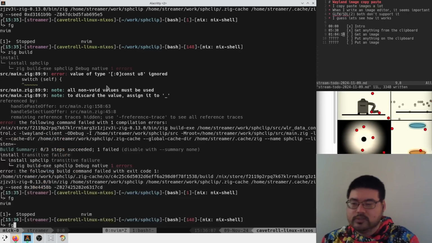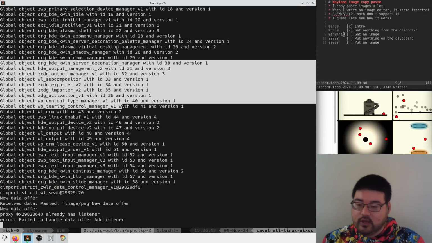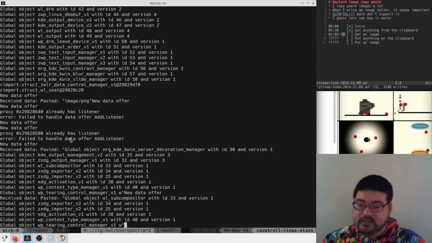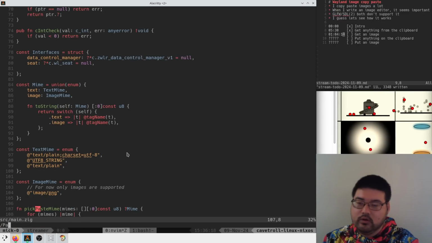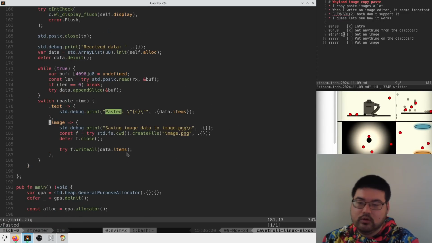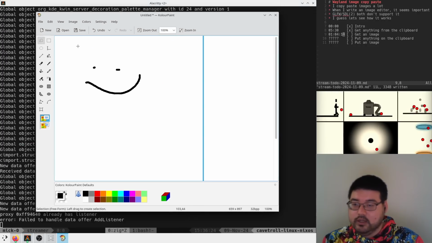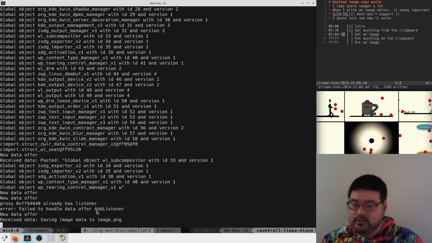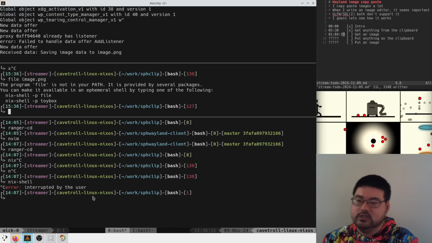Yeah. Oops. All right. So if I copy this, we say pasted this thing. We forgot a new line, which is fine. And then if we copy an image, saving data image.png, and if we look at image.png,